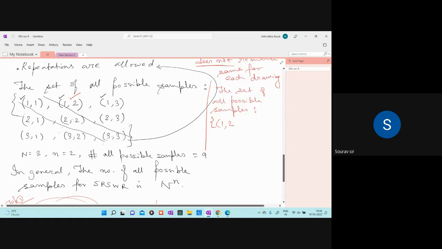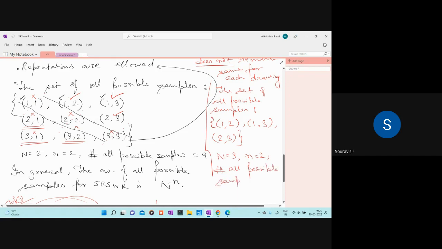If I am selecting units 1 2 and 1 3, then obviously the corresponding units 2 1 and 3 1 will not be selected, because already it has been selected. So this is not selected, this is not selected, this is not selected. If I am selecting, say suppose 2 3, then obviously 3 2 will not get selected, and 2 3 is selected. So basically, for capital N equals 3, small n equals 2, the number of all possible